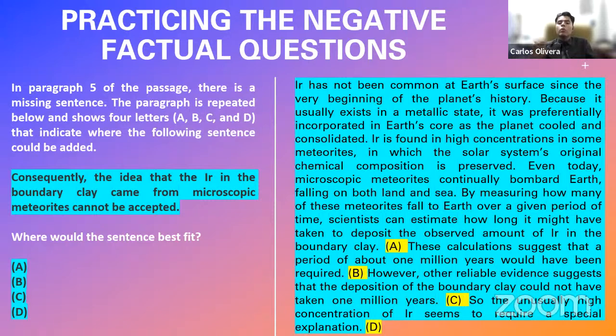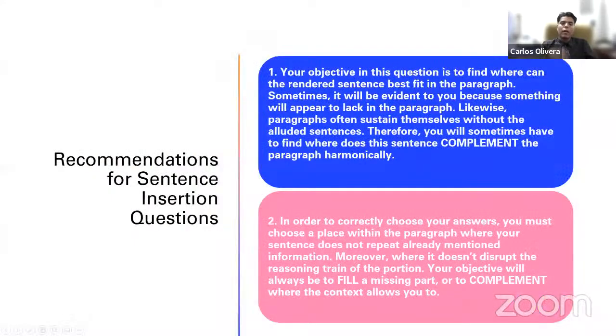You have to choose one of those, and in the actual test you have to press, let us say, A. If you believe that spot A is where this sentence corresponds, you will have to press it, and then you will have your sentence put there. Okay, so that is what you have to do.